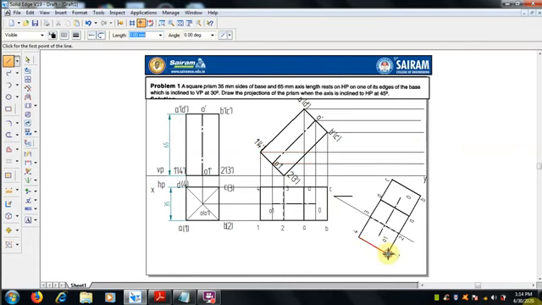Now the vertical lines from the bottom face 1 to 1 dash, where it meets, end of point 2 to 2 dash, 3 to the projection of 3. If there is any problem, extend and then trim, no issues.